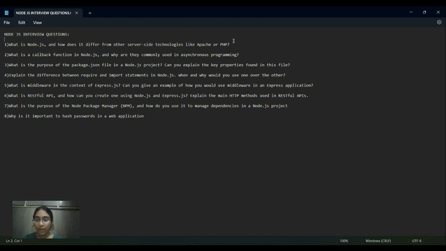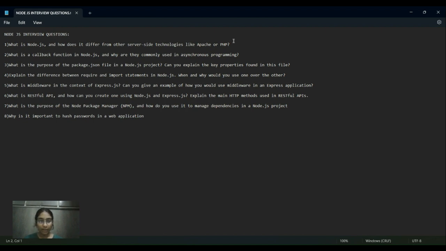It mainly differs in terms of language, characteristics, performance, ecosystem, scalability, and all these things. In terms of performance, it is very good, since JavaScript is its primary programming language, making it possible to use the same language for both client side and server side.